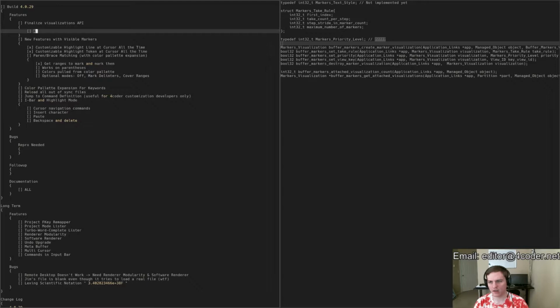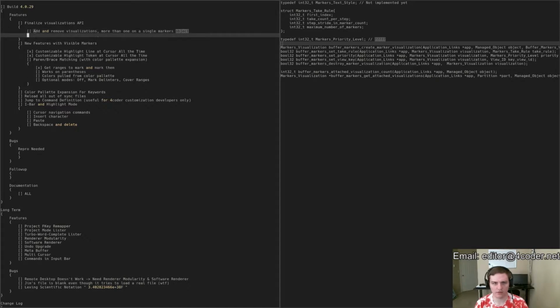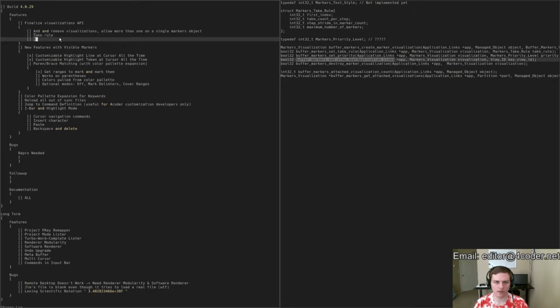First there's add and remove visualizations, more than one on a single markers object. The next thing I want is create and destroy. Then there's the take rule, the priority,